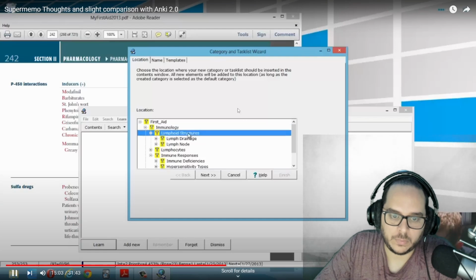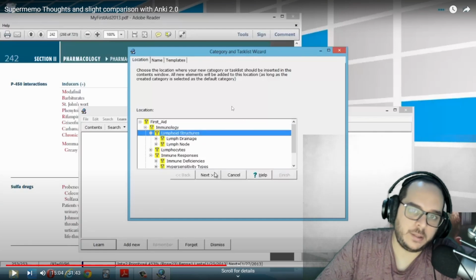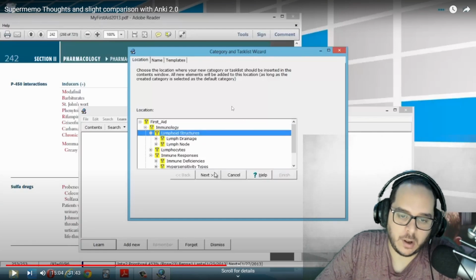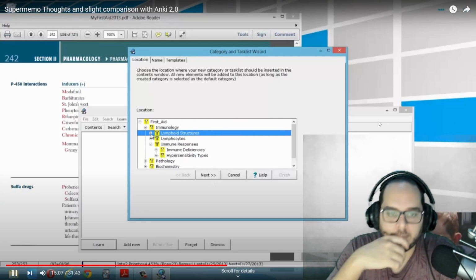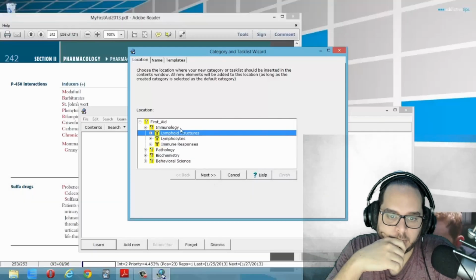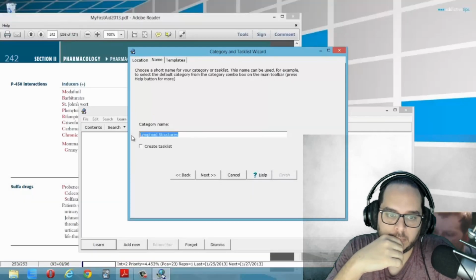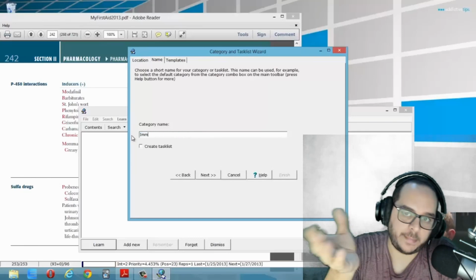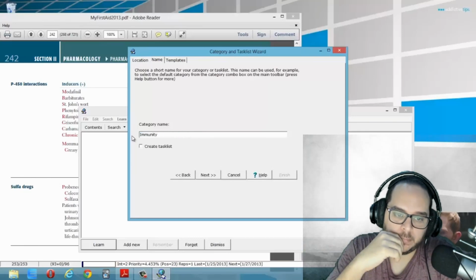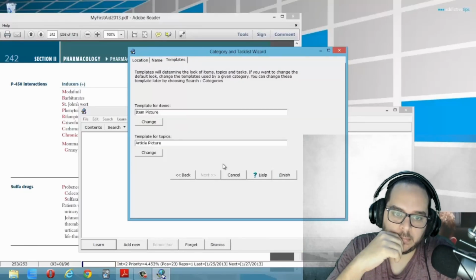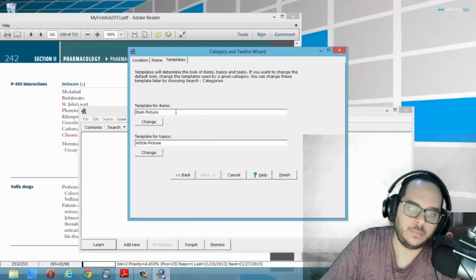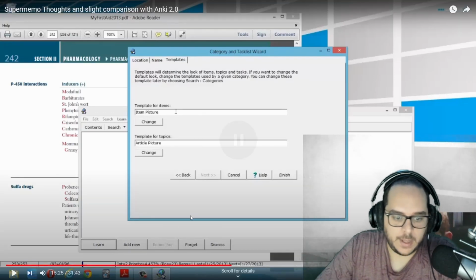So if I want to put this new one in immunology, it's what in today's SuperMemo is called the concept hook. I click this, lymphoid structures, which is the level within immunology. And because I want it to appear at this level, I click next. I type in what I want it to be, the concept name, immunity. And then I click next. And this is where you put in your defaults. When I press Alt A,